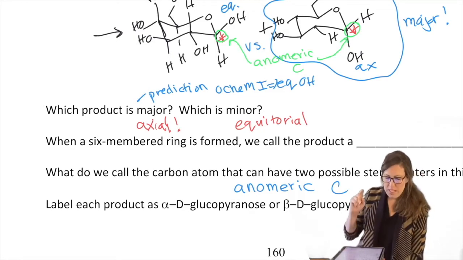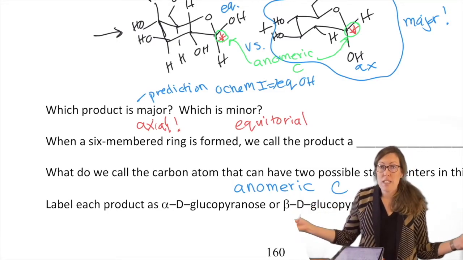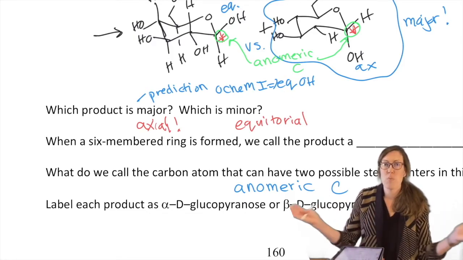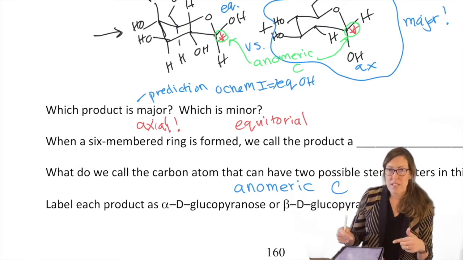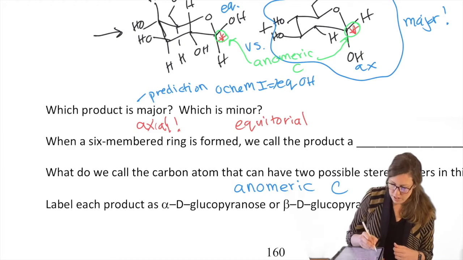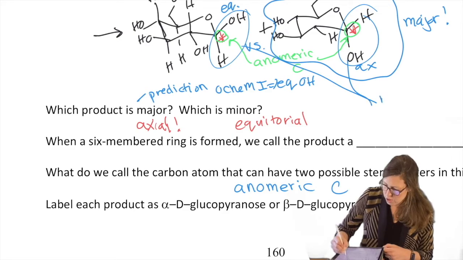Sometimes it's also called, because it can have those two different stereocenters, especially because this is an equilibrium, it's opening back to the straight chain form, closing again with a different configuration possibly, then opening, then closing with the other configuration, right? That means it's not fixed at that stereocenter. So for that reason it's also called a mutarotatory carbon when it can do that. So let's put that here. Mutarotatory.